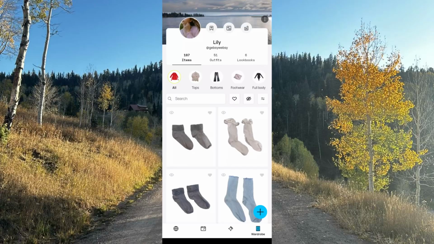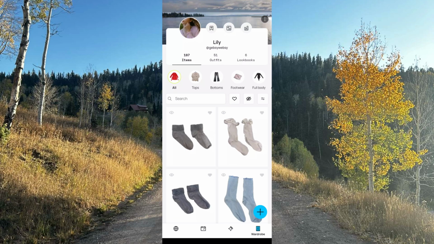But I thought this would be a fun challenge. And luckily it will be in the summer, so it's mostly thinner, smaller items of clothing that I'm packing. But I thought I would just show you what I'm going to bring, how I'm going to mix and match it, and kind of talk you through my process of planning these items of clothing and maybe some potential outfits too. Okay, so I planned my packing list on the app